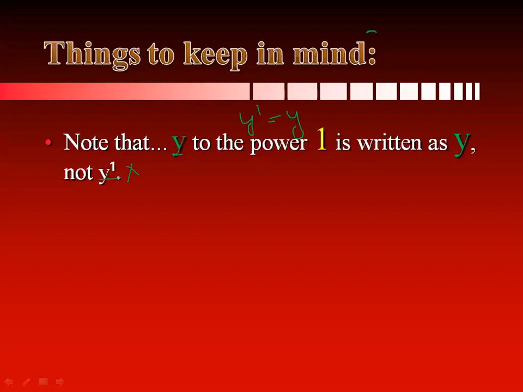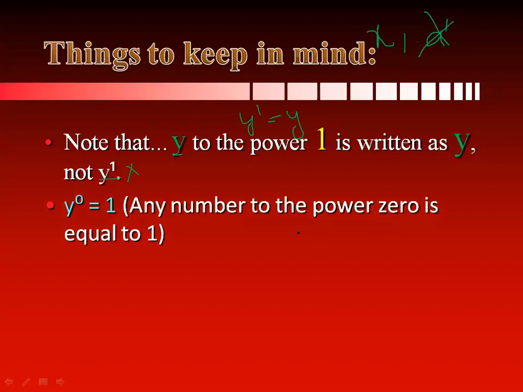Just suppose here you have x and nothing is written in the exponent, so you will say the power of x here is 1. If you have a, and I ask you what is the power of a here, you will say the power of a here is 1. If nothing is written in the power, you will assume that the power is 1. Please do not write a 1. This is the wrong thing. Now move on to the next one.